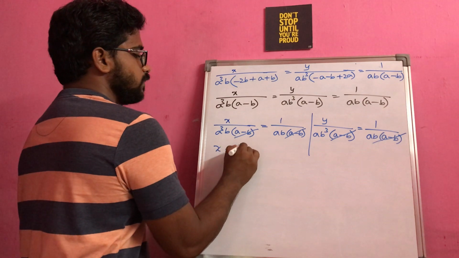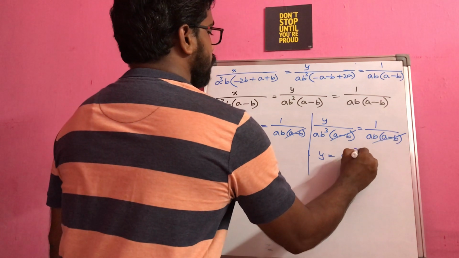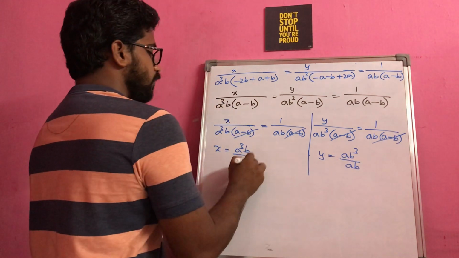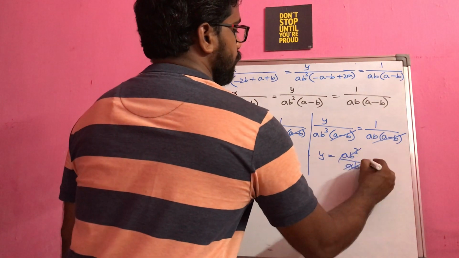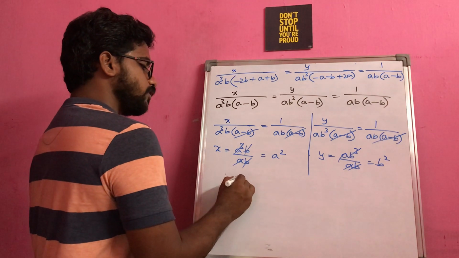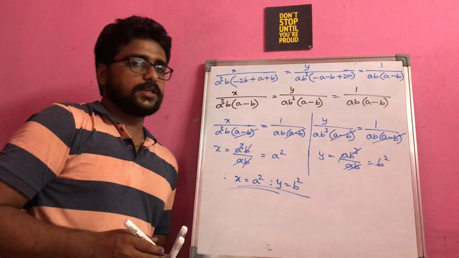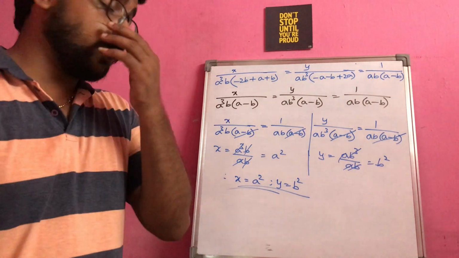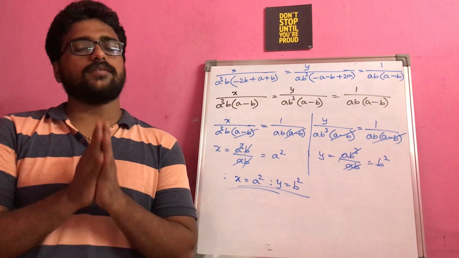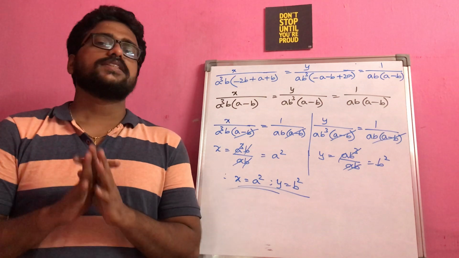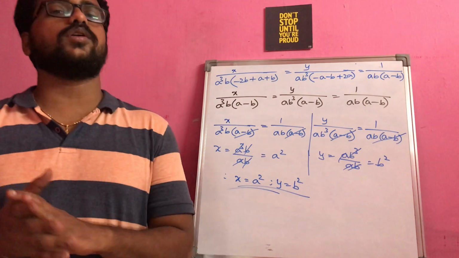So you will be left with x is equal to a cube b by ab, y is equal to ab cube by ab. Simplify this further, you will be getting a square. Simplify this further, you will get b square. So the solution for this equation is x is equal to a square and y is equal to b square. You can cross check by substituting in the given equations whether what we got is correct or not. So whatever the question may be, we are just following the approach that we already decided. So just stick to your procedure and be cautious when you are simplifying. This is the only logic to do well in math.